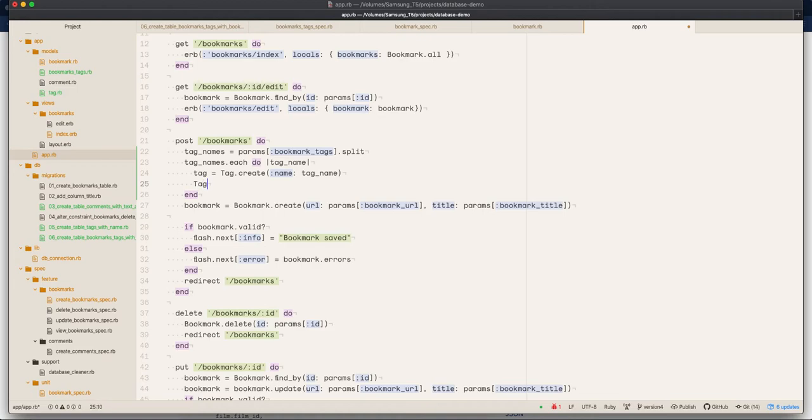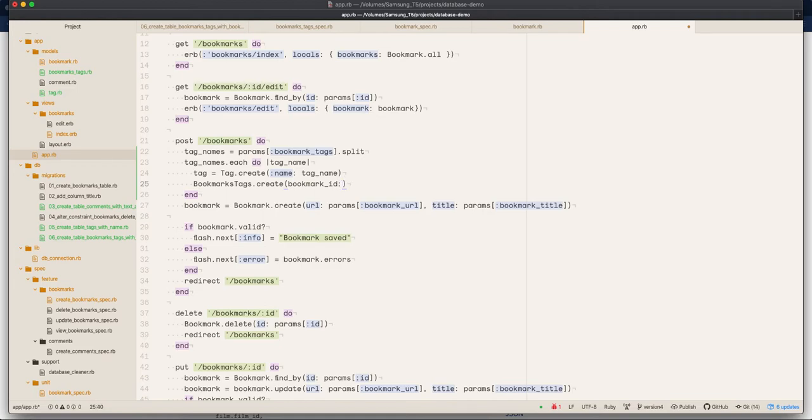So you go bookmarks tags dot create, and here we do bookmark ID, and we're getting